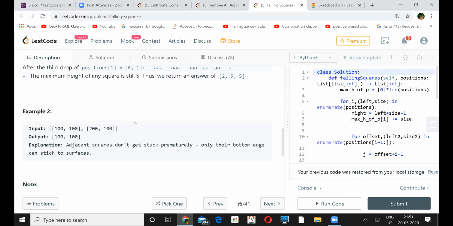Because the output should be based on the same input sequence, right? So if you sort it, it will change the position of those points. So you need to track where originally that point was, so that you can put the actual height at that index. Exactly.